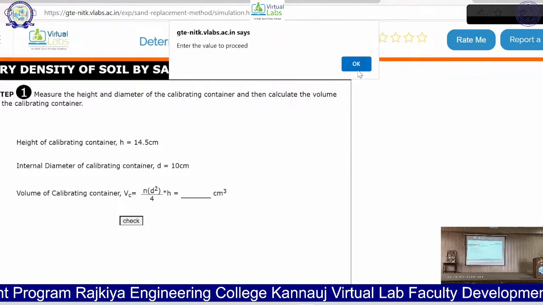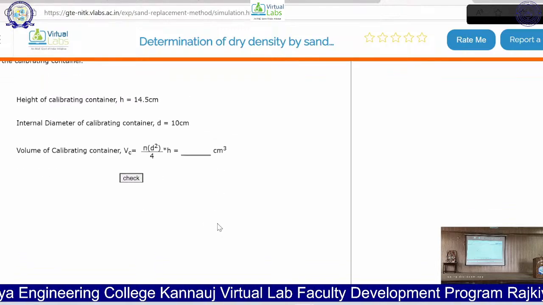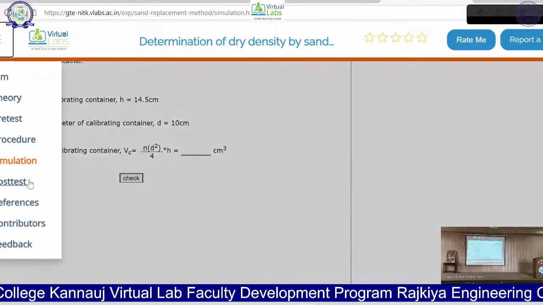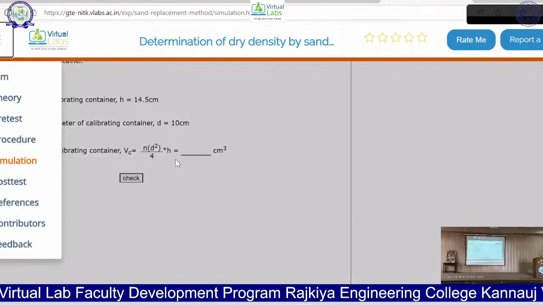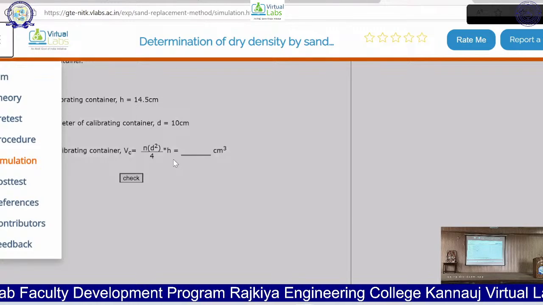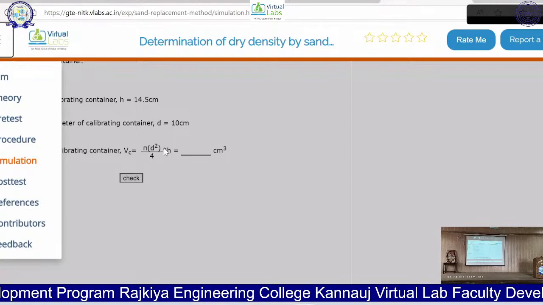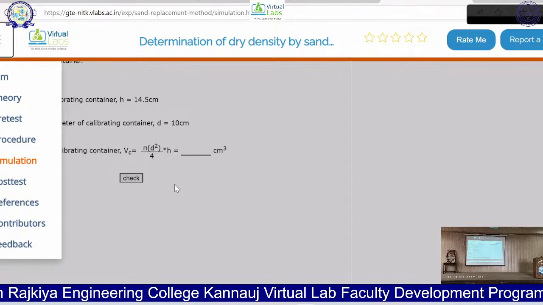So for that you have to first put the values over here. After the simulation, similarly we have to perform all the steps, and then we will be able to understand how this test is going to be performed.